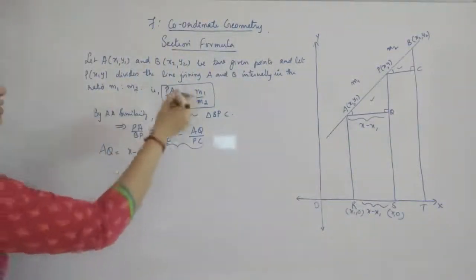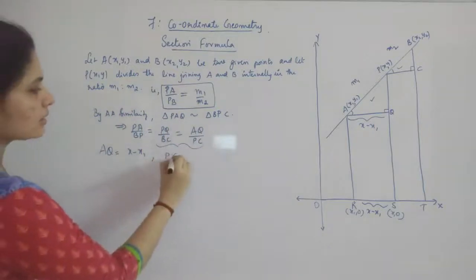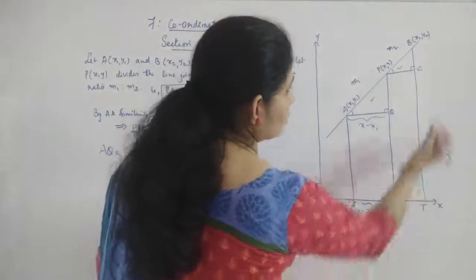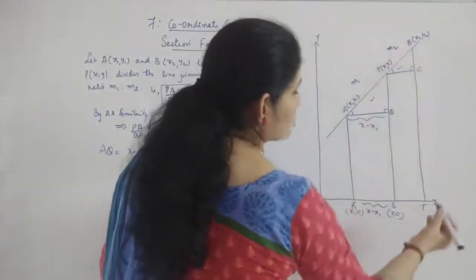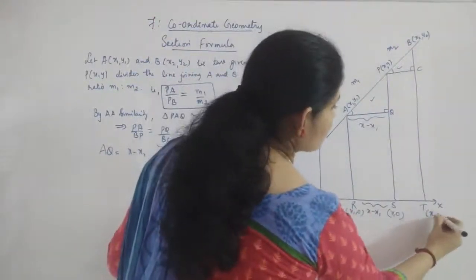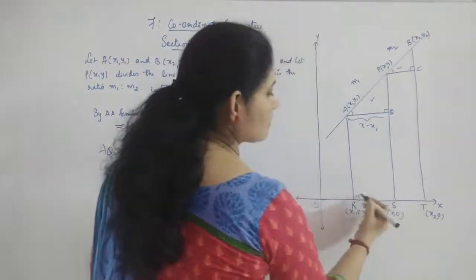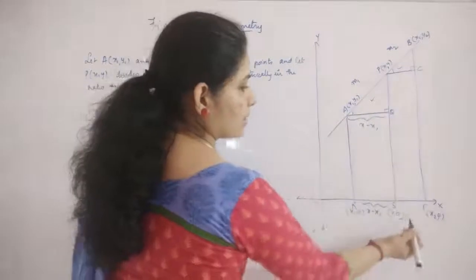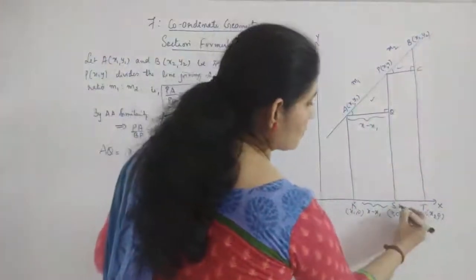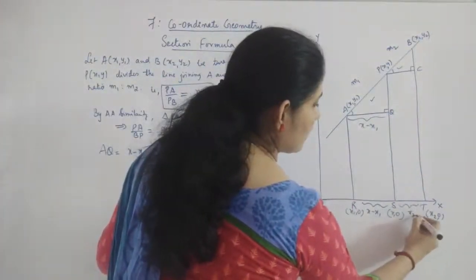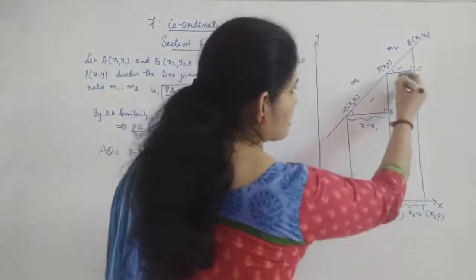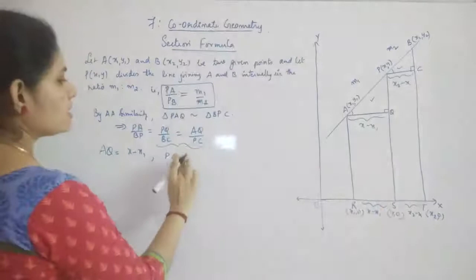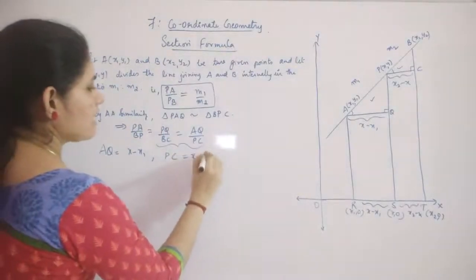Now you have to get PC from the figure, this one. This is your x comma 0, and here it is x2 comma y2, so this will be x2 comma 0, because your x coordinate will be the same along this line, x1, x1, x1 like that. Here you are getting x2 comma 0. So what will be this distance? This will be x2 minus x, and this is the same as this distance. So PC is equal to x2 minus x.